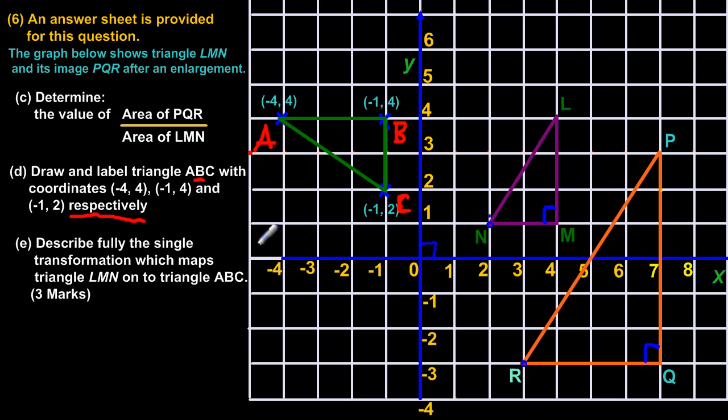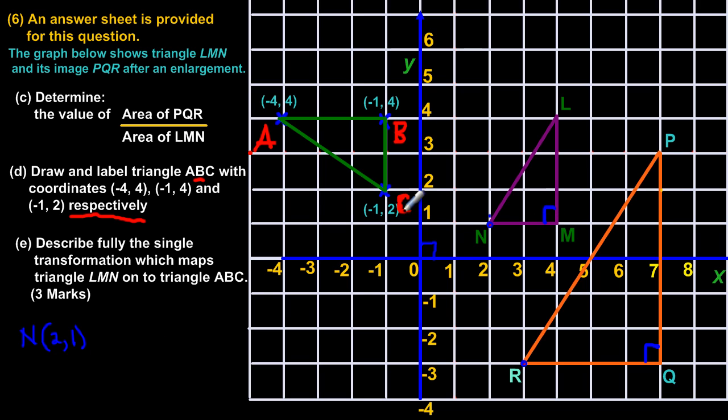Now I'm going to choose the point N, my object point N, and find the coordinate for N. When I come down on my x-axis, that's a 2, and when I go across on my y-axis, that's a 1, so that's (2, 1). Okay, my friends, and I'm going to find out